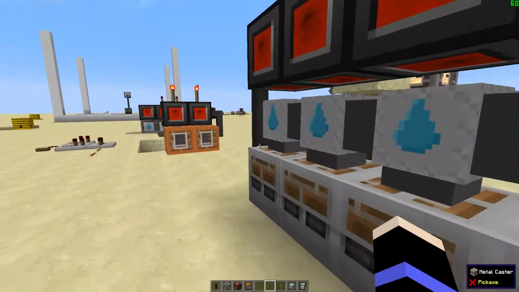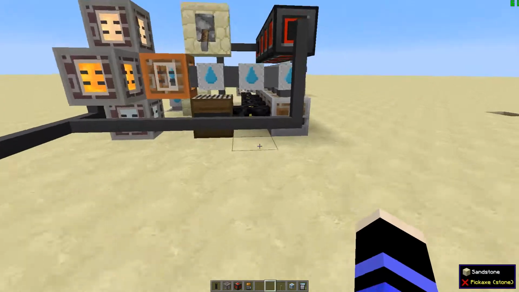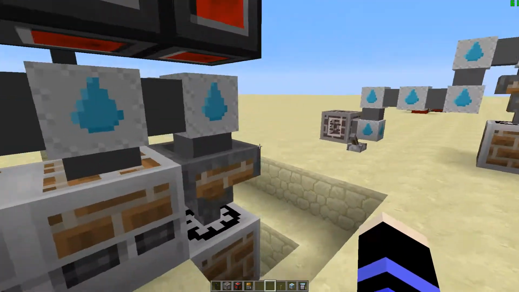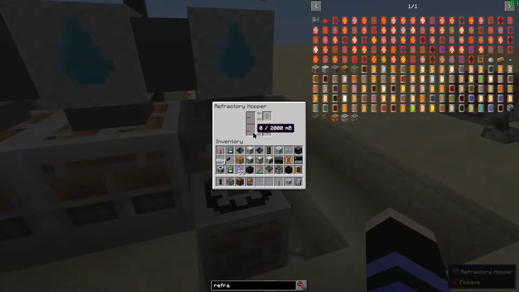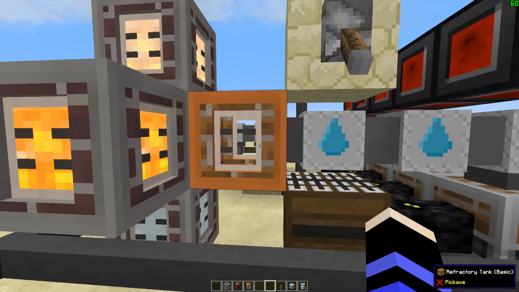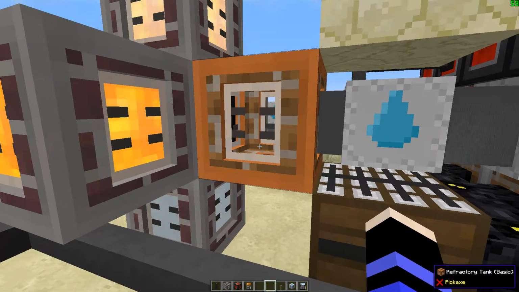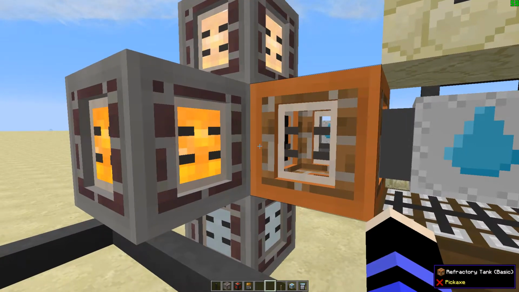okay, so because it's moving a small amount, an amount below 10 millibuckets at a time, this manages to keep up. But if it inserts 250 of something, it's going to block the system. And for one fluid, it's fine, because this tank will still buffer. But once it has moved,